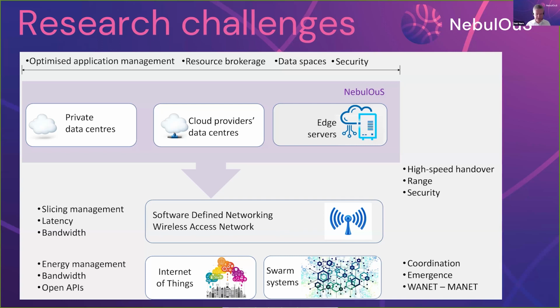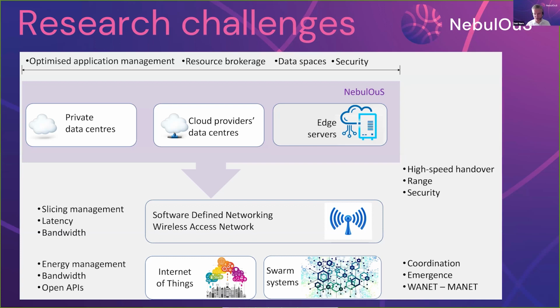And if you have a mobile device, then handover becomes an issue, because if you move from one base station to another base station, and this second base station is owned and operated by a different provider than your provider, then your traffic is suddenly being sent to the core network and then back out again to the edge server that you might have had in the previous base station that you were working at.